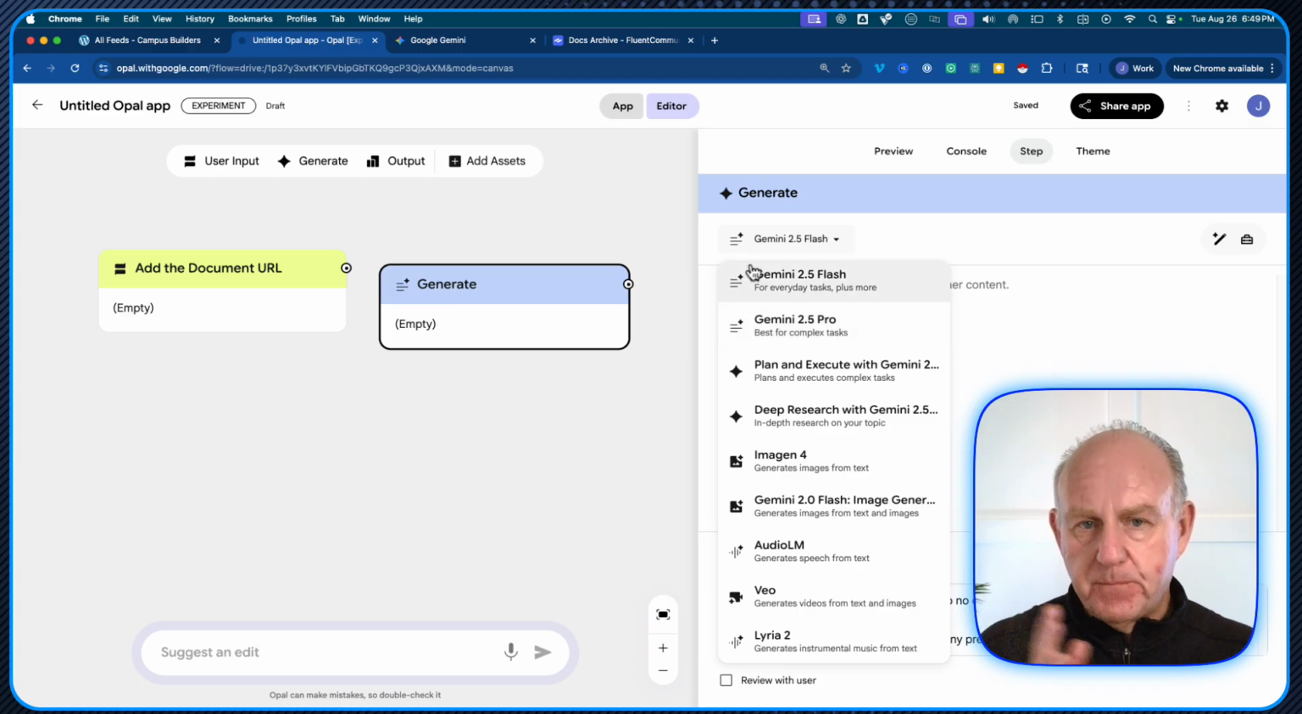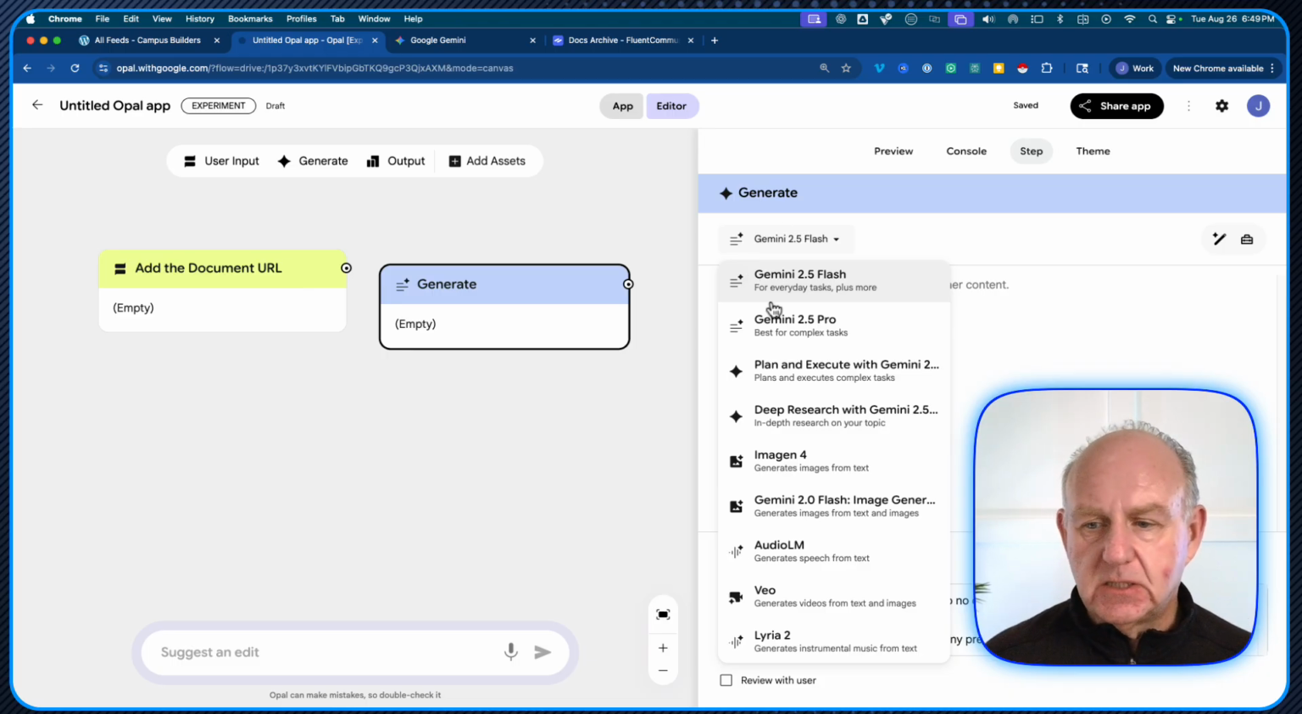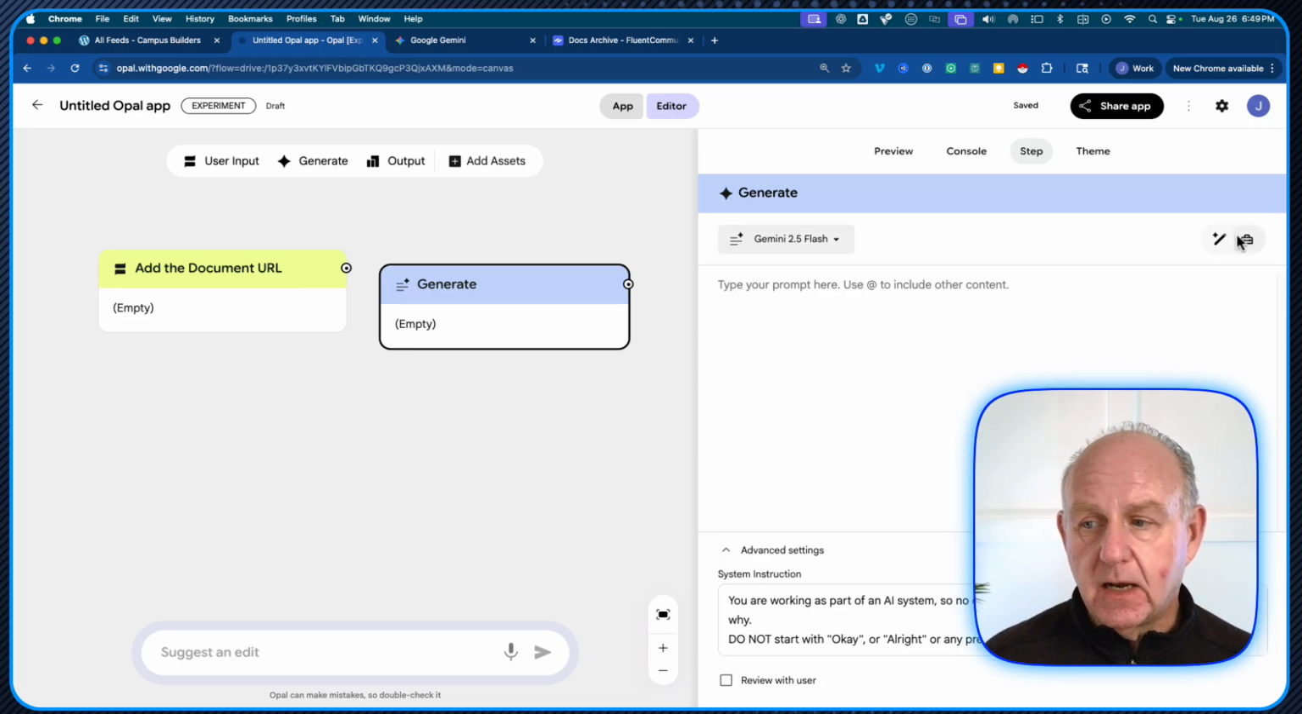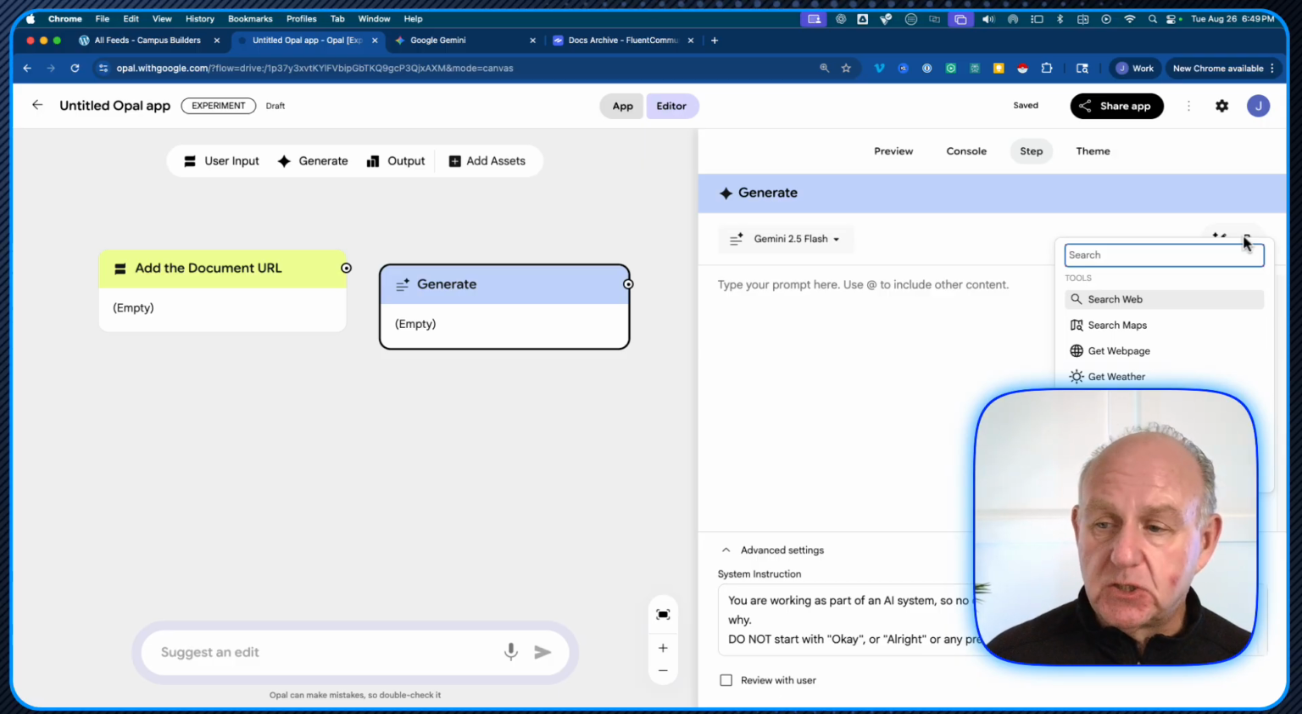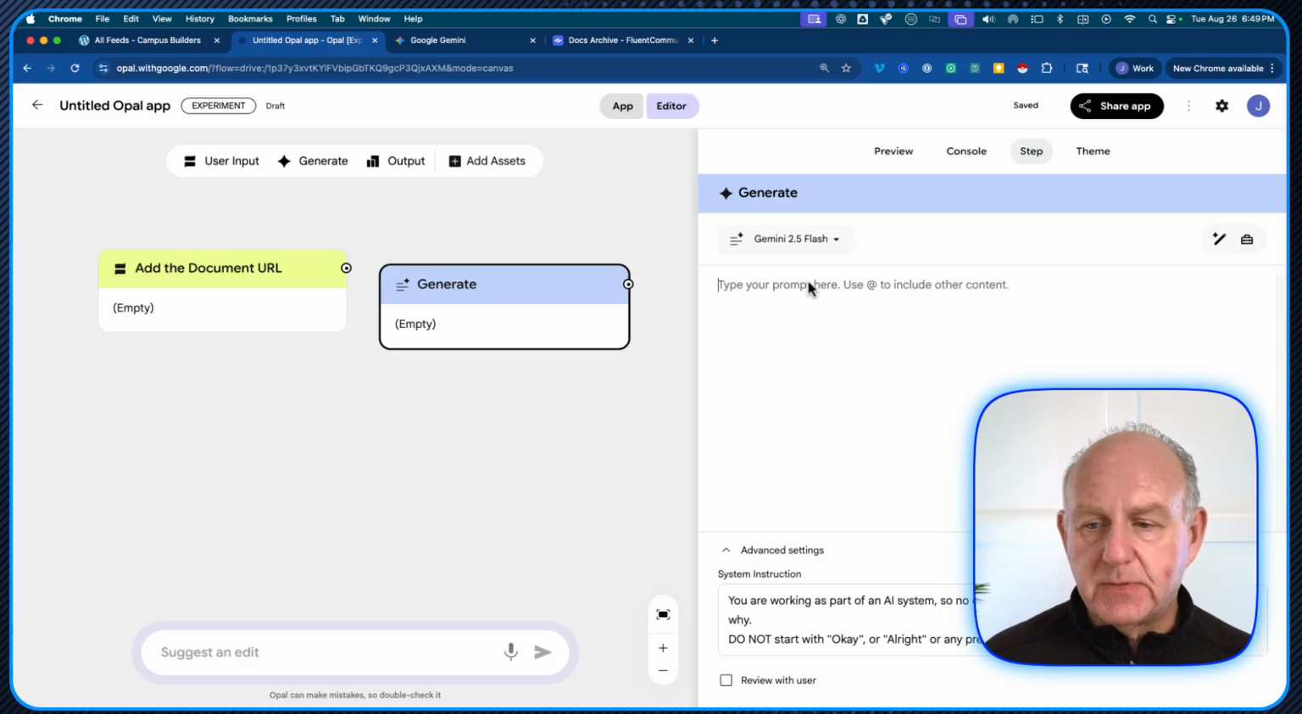So now we've got an input from the user. We've got some kind of Gemini action or activity that uses the model that we want and also gives us access to some tools. And we have to put a prompt in here and try and figure out what it is that we want to do. Now, this is just a very, very simple one, right? I'm going to show you a trick in a moment. But the idea here is that you can start